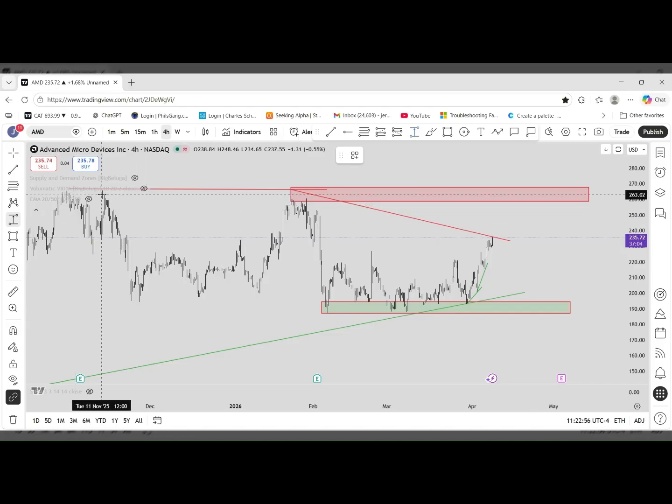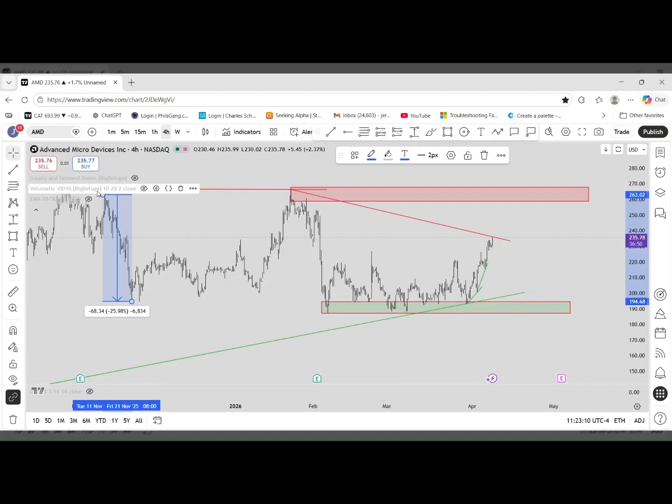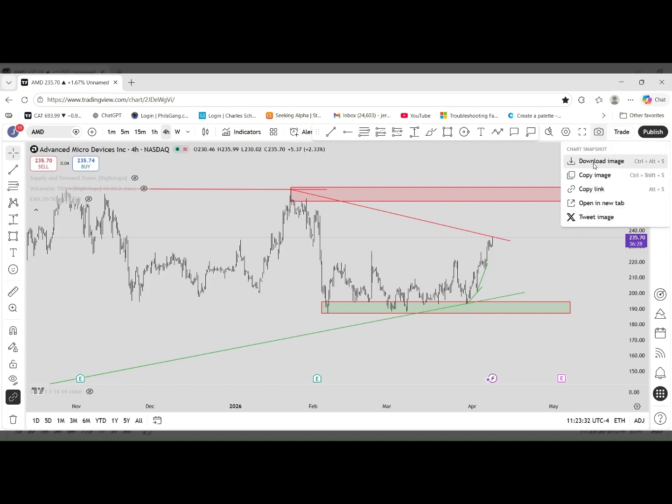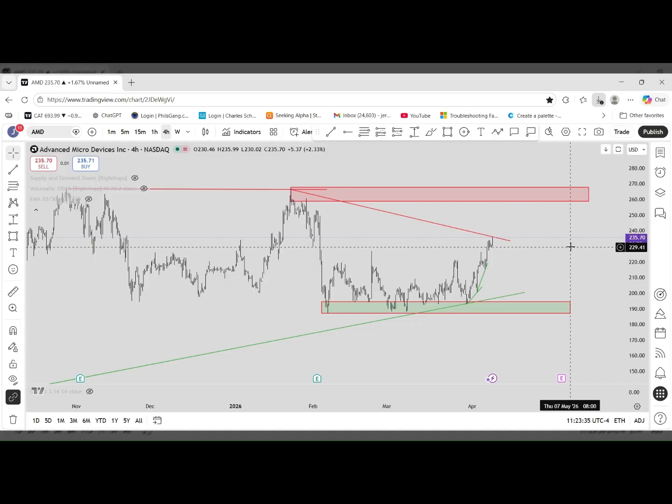and then you go down like this, and it shows you there was a $67 drop, $68 drop from here down to here. If that would have been an option, you would have made so much money. Anyways, the point being is that there's these tools that are available to you with your charting system, and you can save those. Like, for example, you can take a snapshot of it, download the image of this chart,